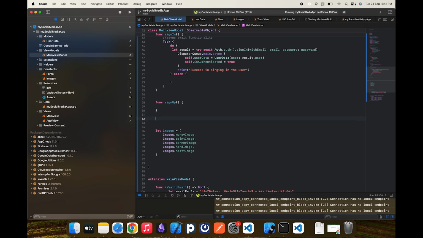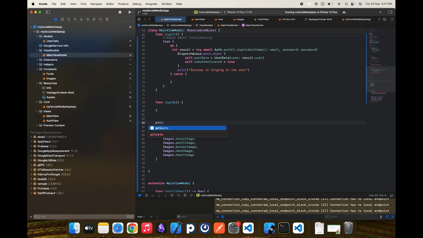So for that purpose, let's just write another function altogether, and it would be a private function obviously because none other than our view model would be referencing it. So we could write it as handle auth error. It would take in a parameter error which would be of the type Error, and just for our convenience, let's not name the argument anything, so it becomes simpler to write also. Now we just optionally unwrap and see if the error is actually present. So if we do if let error